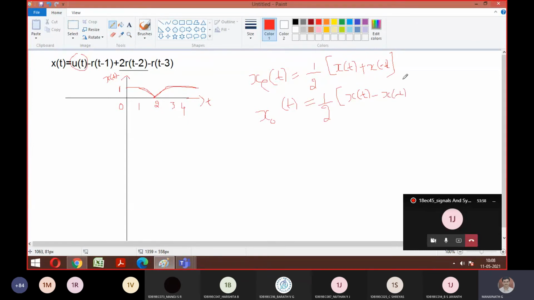The advantage of this odd and even problem is that you can verify yourself whether you have done it right or wrong. How? With the help of a formula, x of t is equal to the even function plus the odd function. If you add both functions together, you should get back your x of t. Here you can judge yourself whether you have done it right or wrong. So easily you can secure your 8 to 10 marks in the exam. Okay, so this is the formula. Is this formula okay to everyone?